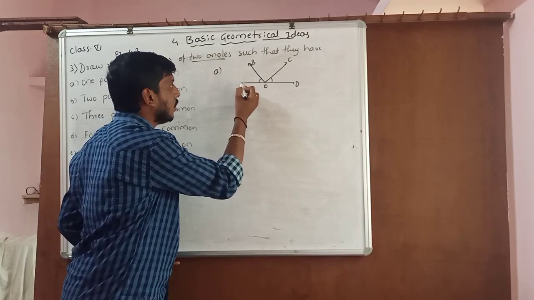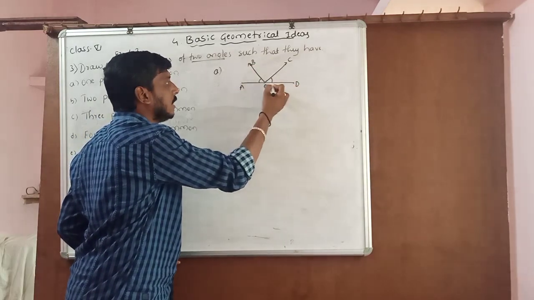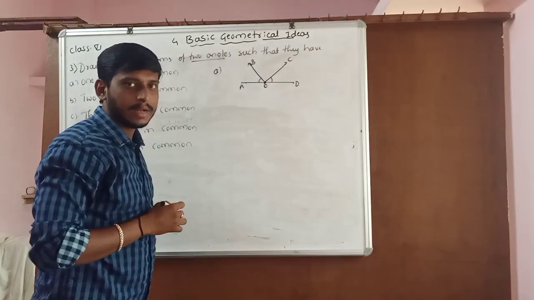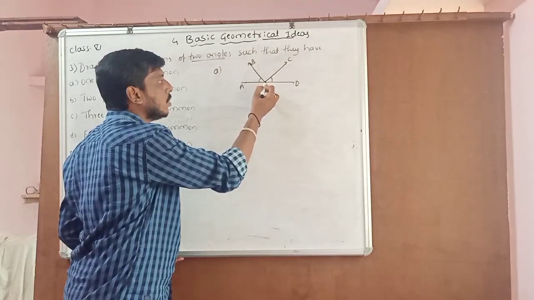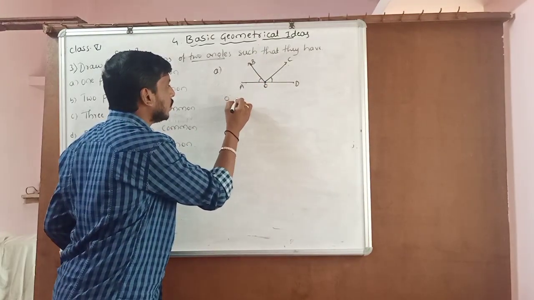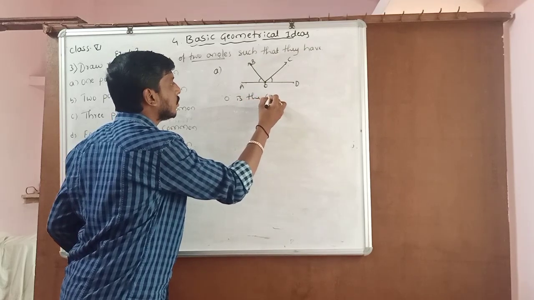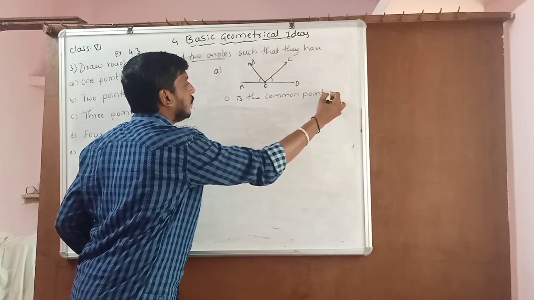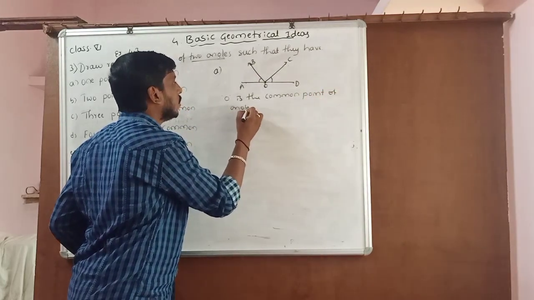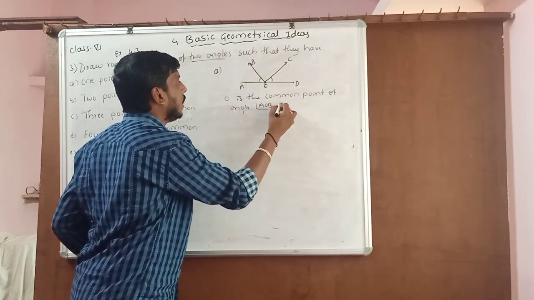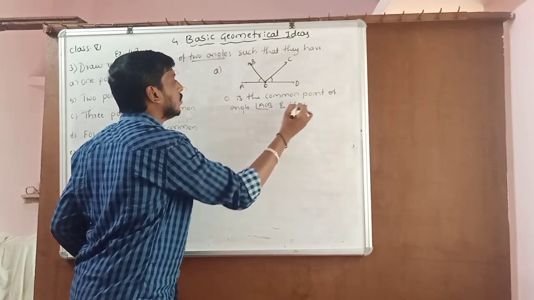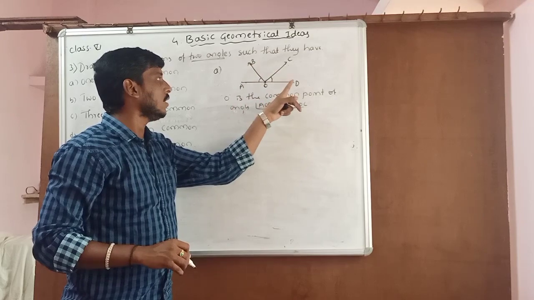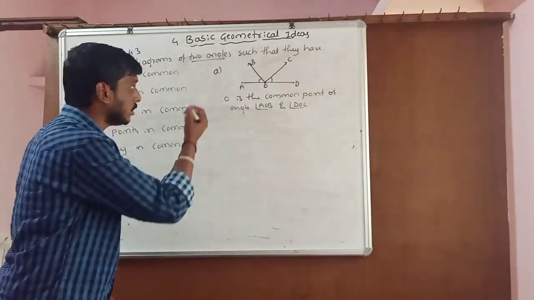Correct now? What are these angles? Angle AOB and angle DOC. Two angles having a common point O. What is the idea? These two angles have a common point, what? O. So write: O is the common point of angles. What are those angles? Angle AOB and angle DOC. Got the idea? This O is the common point for both AOB and COD, or DOC. So the first one is finished.